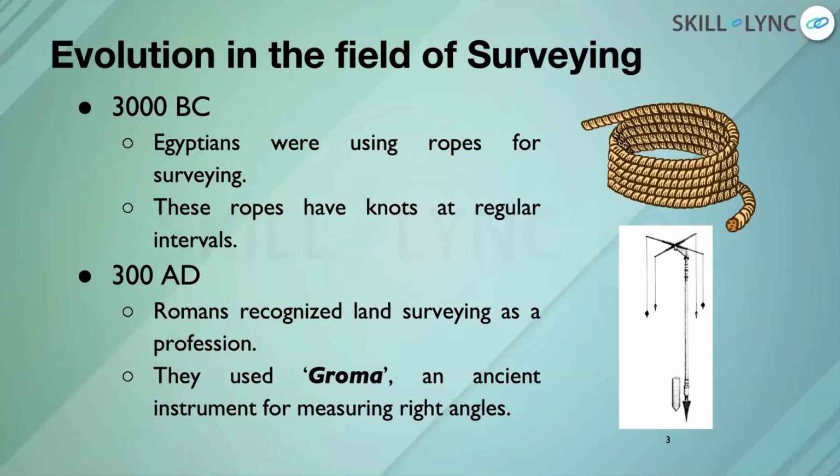Now, one of the surveyors holds this, and the helper or the second surveyor will be holding a staff or a stick or a prism, and he'll be asked to move from one point to another to find right angles in the field.